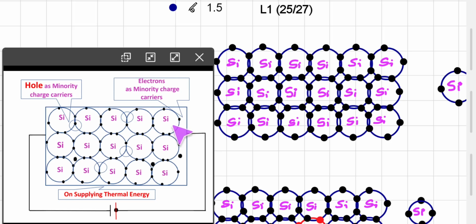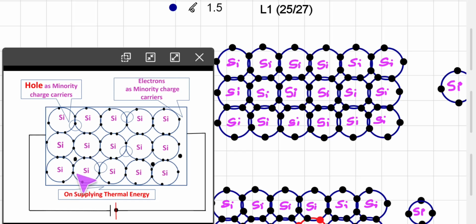So the first important thing is that whatever number of charges, in this case we saw 4 free electrons are available, so there are correspondingly 4 holes, that means the number of electrons and the number of holes are the same in a pure semiconducting bar. Okay, that is the first thing. And as these free electrons are very few, we cannot use this semiconducting material in an electronic circuit.